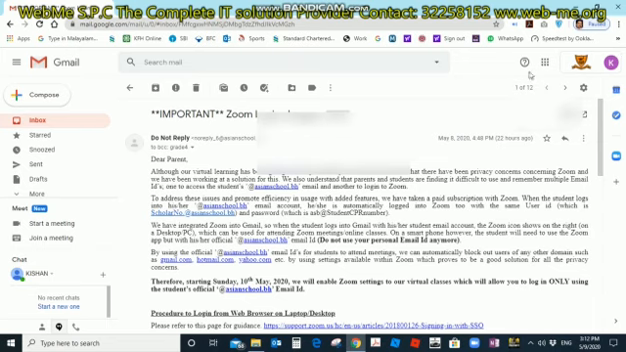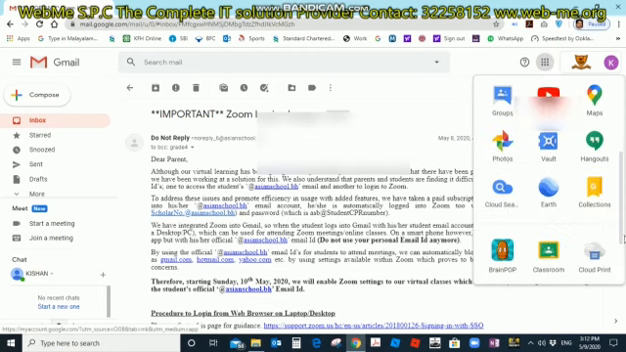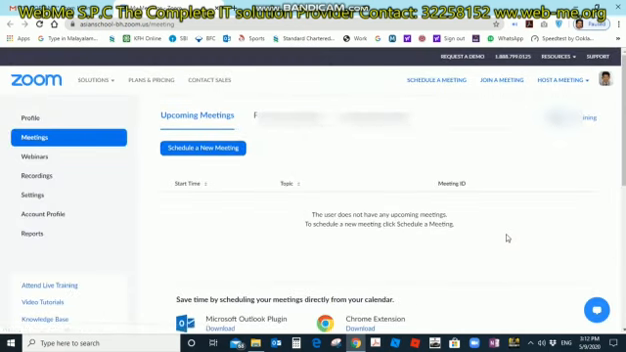After login, you can see at the top right side this Google Apps icon. Please click on it, then scroll down. Here you can see Zoom, and please open that Zoom app. So you have already logged in with the kid's school mail ID and password. When you click on it, you will get this page. And after you reach here, at the right top side of the window